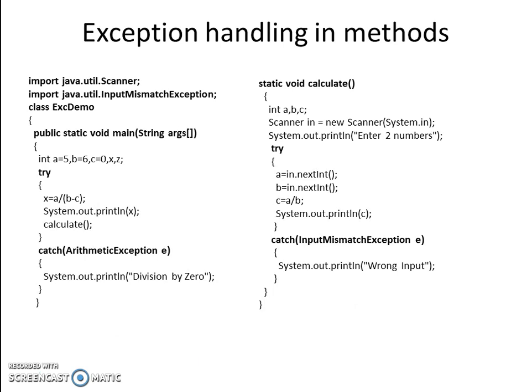As we can see in this program, we have made certain changes in the calculate function. Now this calculate function is inputting two values from the user, dividing them and then displaying the result. Now if the user, instead of entering integer values, enters either text or double values, then it will throw an InputMismatchException which will be caught here. But if the user enters integer values but enters the value of b as 0, then this will result in an arithmetic exception which this calculate function is not handling. So it will be handled by this catch block because we have called the calculate function from inside the try block.